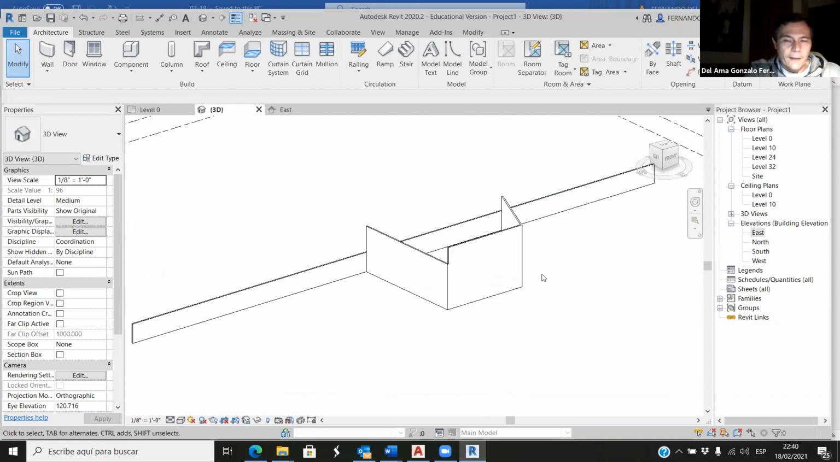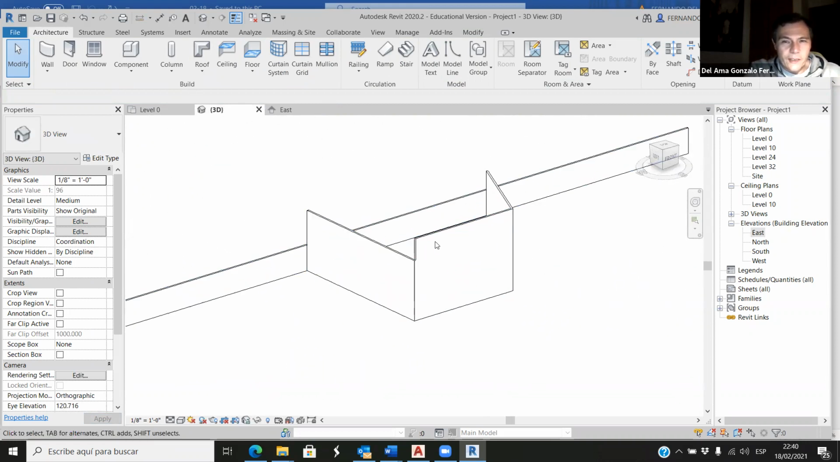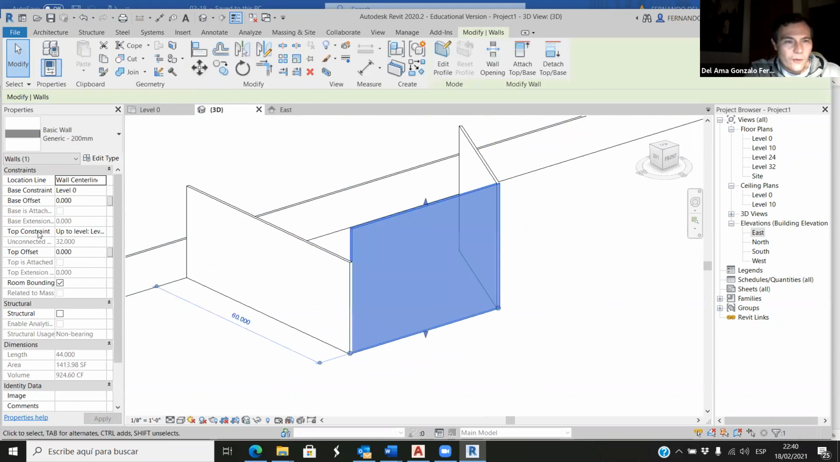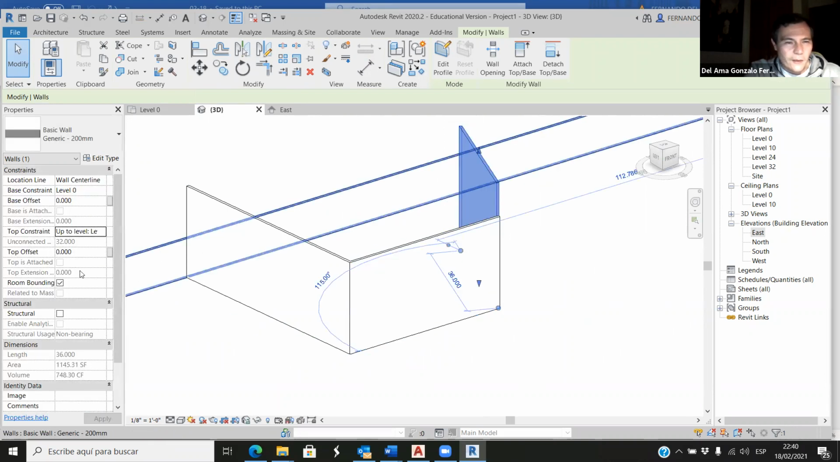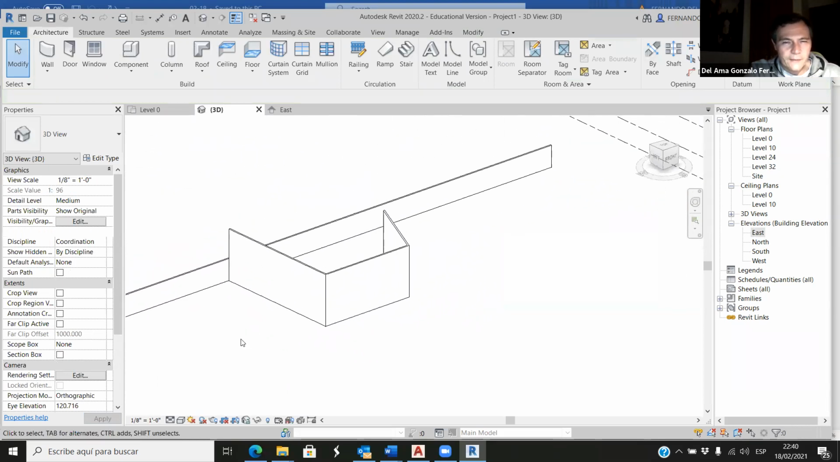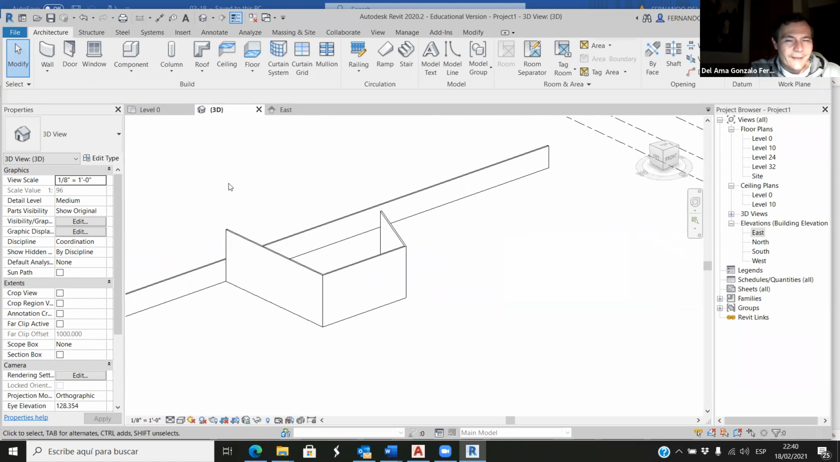Okay. And after that, once you are done with the walls, imagine I want all the walls to be at level 24 and this up to level 24. So now all these walls have the same height. And now this is